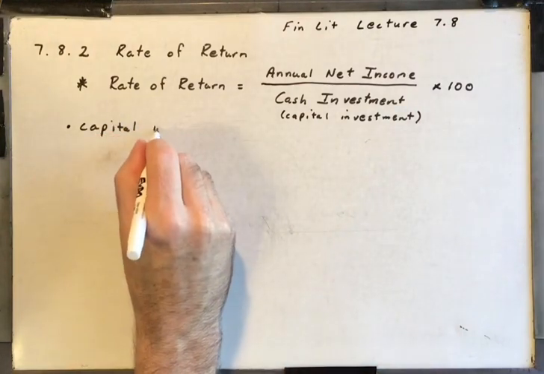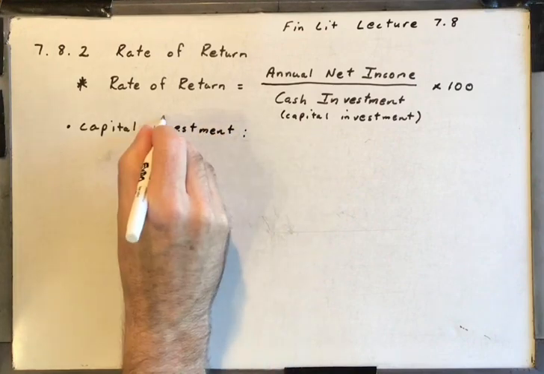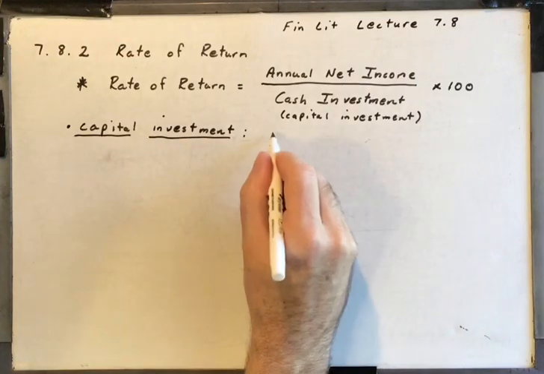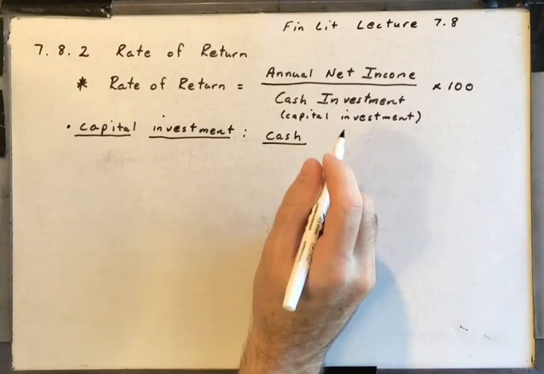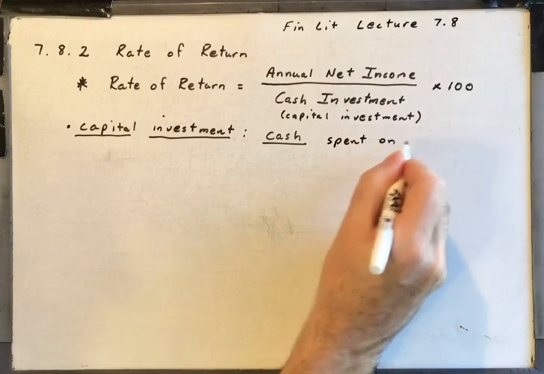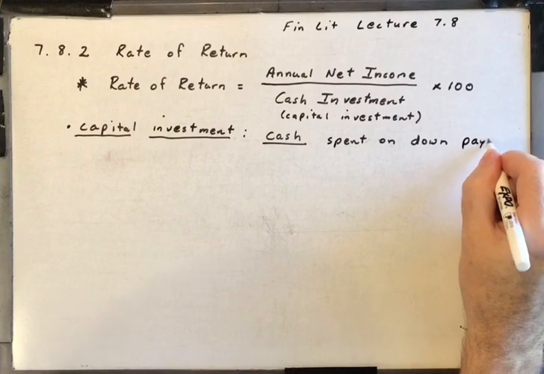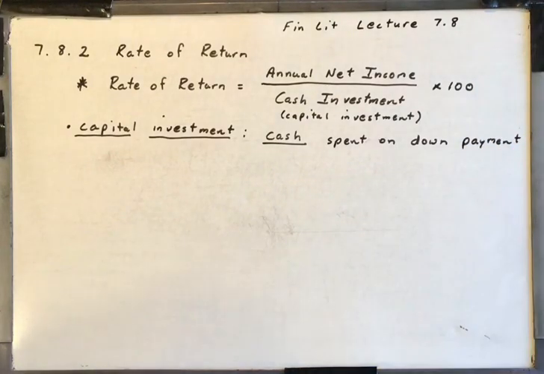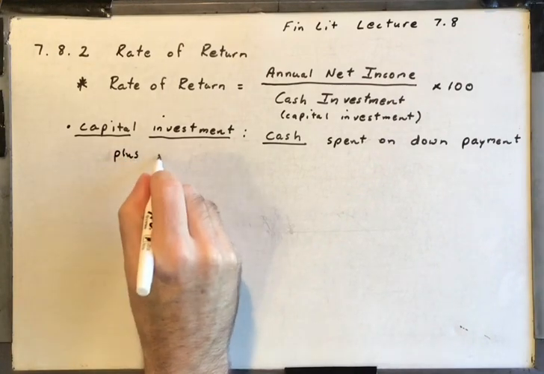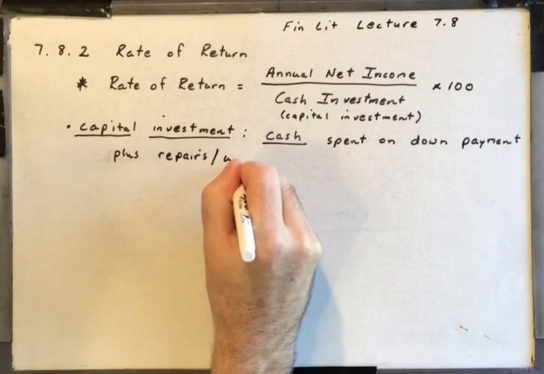So the capital investment is cash spent on down payment. So you had to pay that down payment out of your pocket. All right, the bank didn't pay for that. So cash spent on down payment plus repairs or upgrades